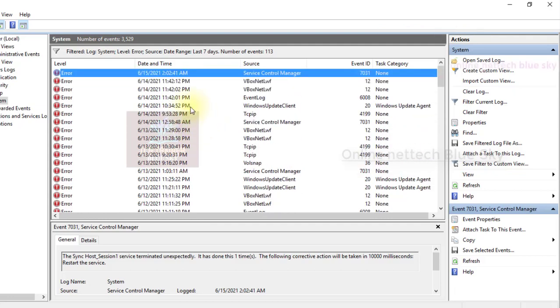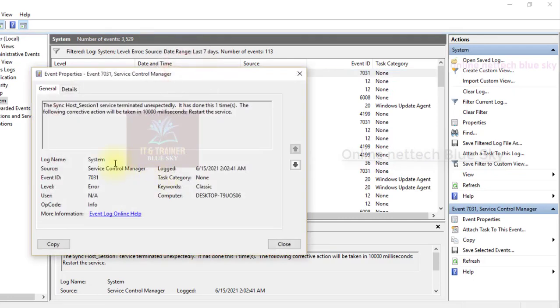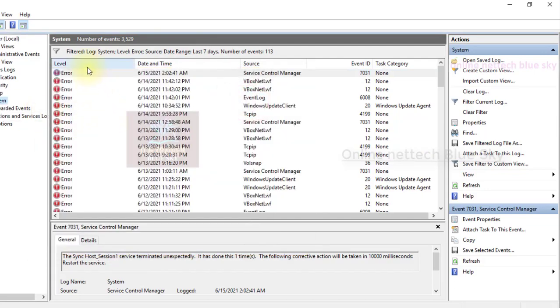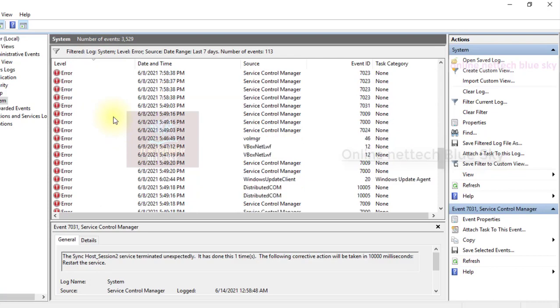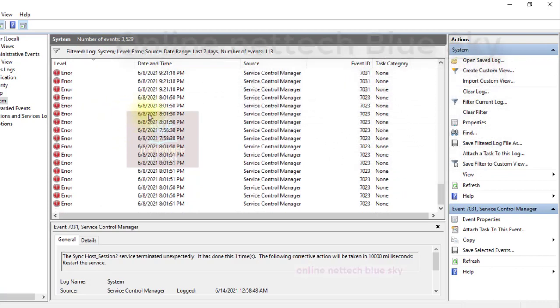Okay, so an error is one type where a service sometimes does not start or terminated unexpectedly. It happens at one time, because sometimes a file is not completely loaded in the computer. So some services do not start, and maybe there is a problem in your computer. Some virus, or you did not completely shut down your computer or completely start your computer, and for this reason there is damage to your software systems and mainly your operating system. So sometimes the computer gives a warning and some errors on time.